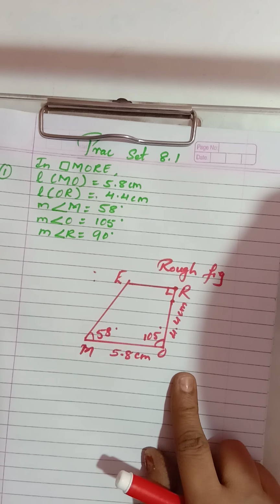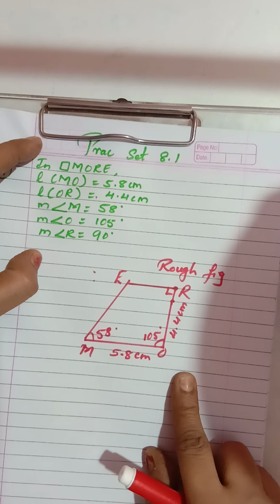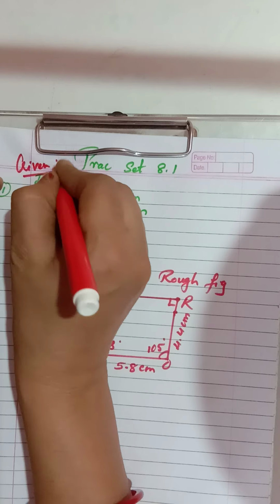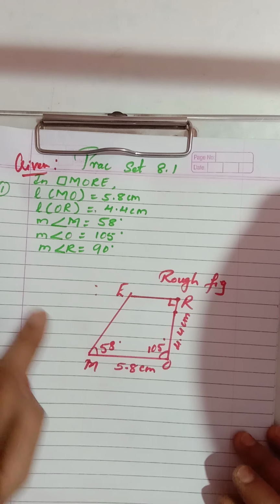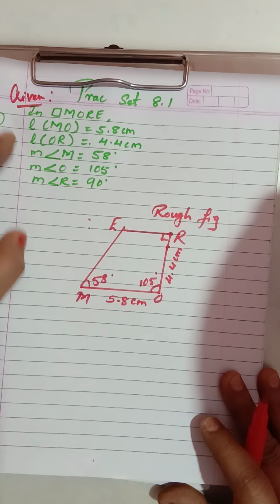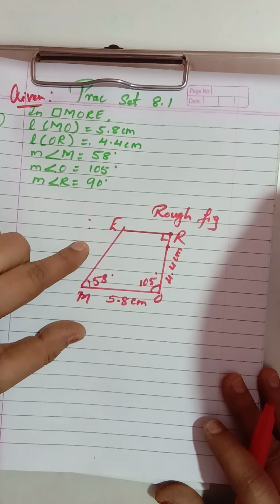Now whenever you write this practice set in your class book, you will also write what is given. So you will write here the heading. What will you write? Question number 1, given. First you write what is given. And now see children, based on this given condition, I have drawn the rough figure so that we are not wasting much time. So I have already drawn the rough figure.